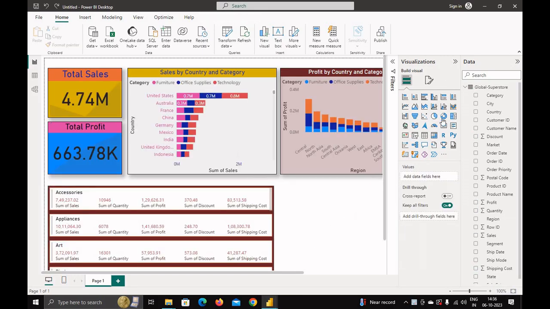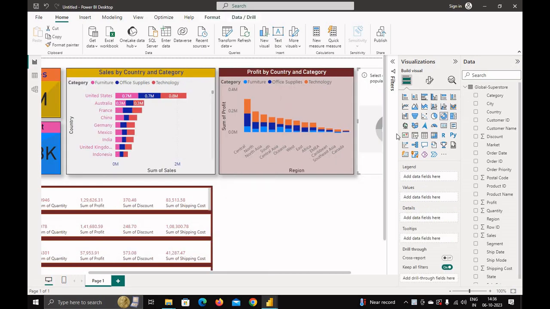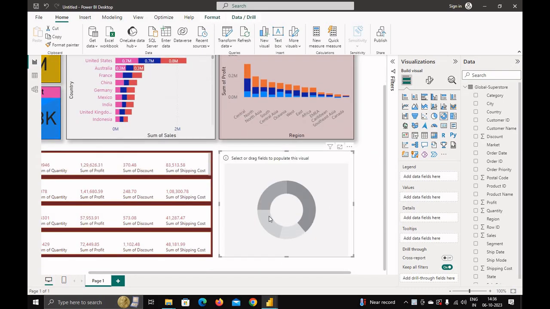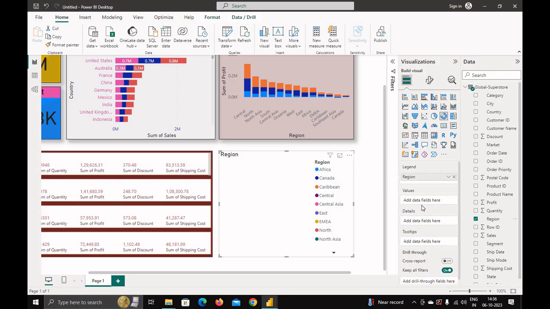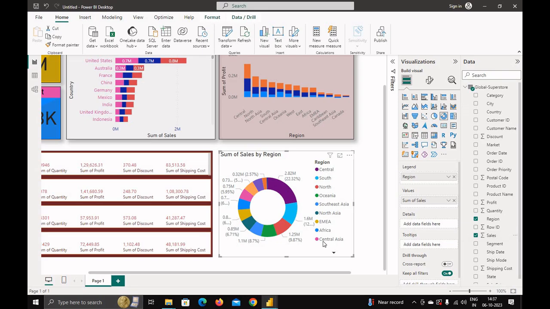Click on the blank space, and now click on the donut chart and drag it here. So now add some fields. For legend I will add the region, and for values I will add the sale. So you can see the donut chart,